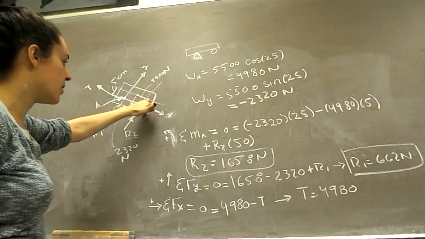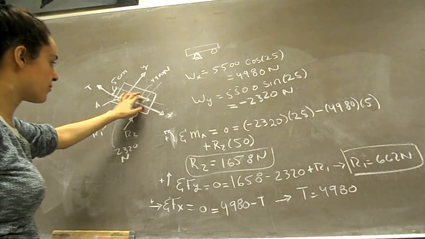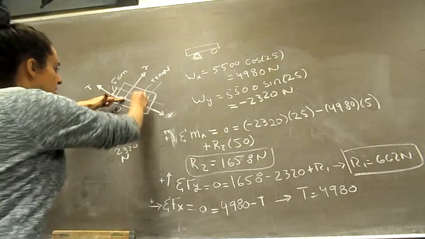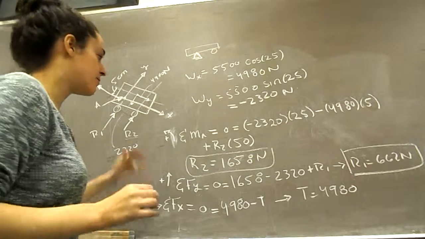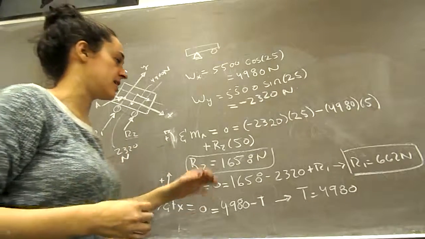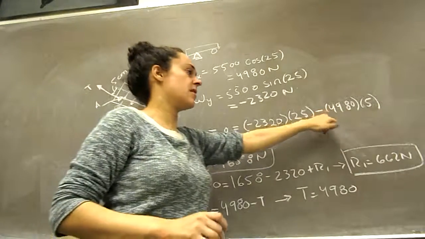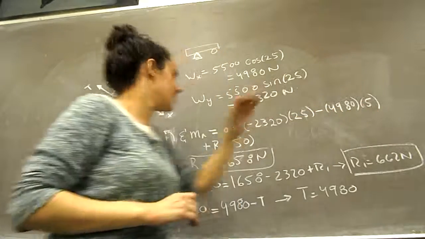for this one, for the Y then, we see that if we're going to pivot around this point, it's going to make him want to go in the clockwise direction. Because we've assumed counterclockwise, we give it a negative sign. I seem to have skipped the gun, but negative 4980 times 5. So again,